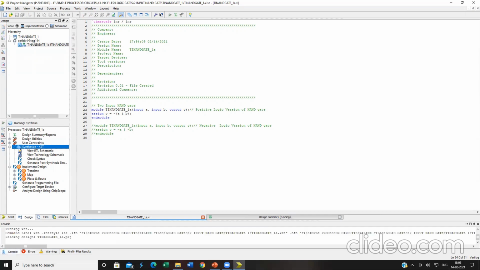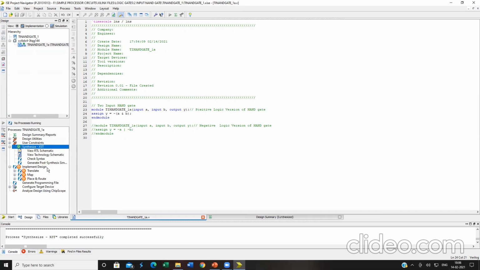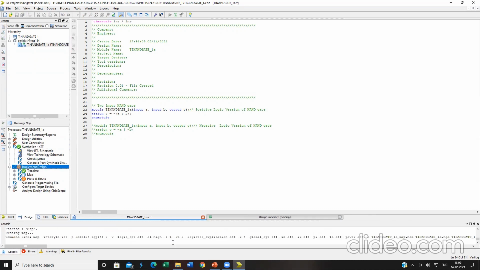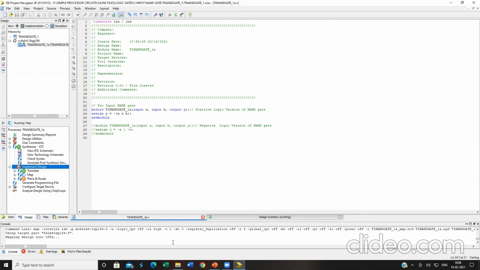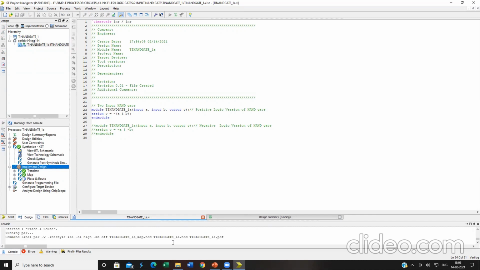This console provides you the information on what is actually taking place. Once you have made any changes, all these four operations must be performed: three sub operations within implement design and one operation called synthesize XST must be performed for any of the changes you make to a program.